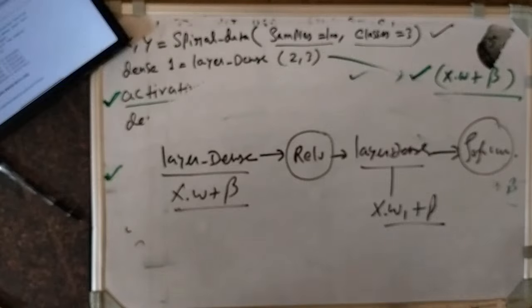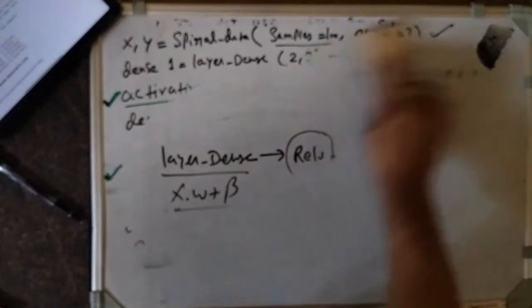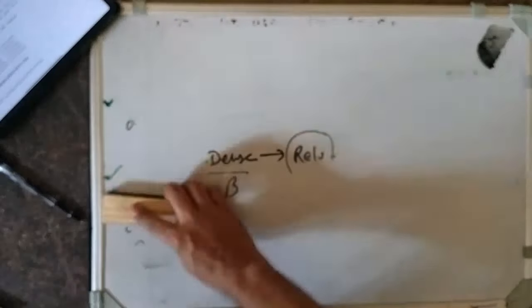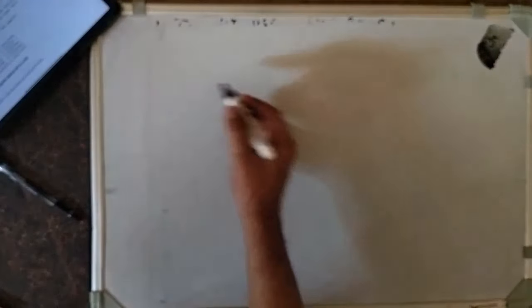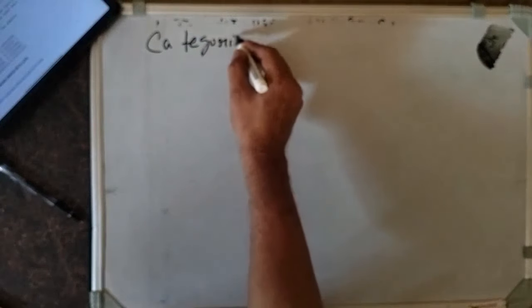Now the time has come, we will discuss entropy actually. What is the meaning of entropy? This is very important. Up to this we are not using entropy, now we are using it. What is the meaning of entropy? Maybe there is a loss. What is the meaning of loss? We are talking about categorical loss.